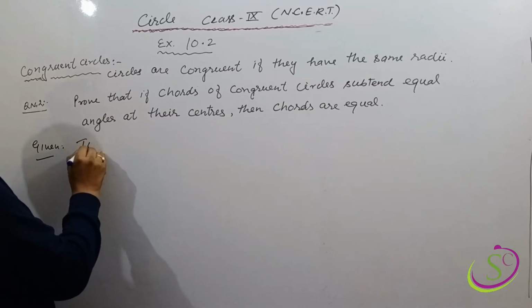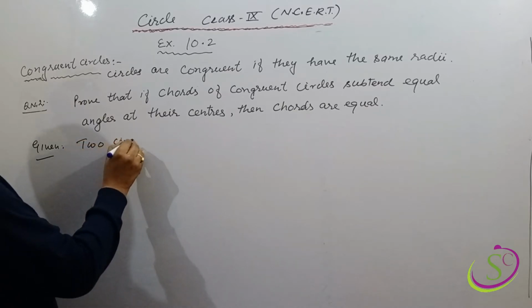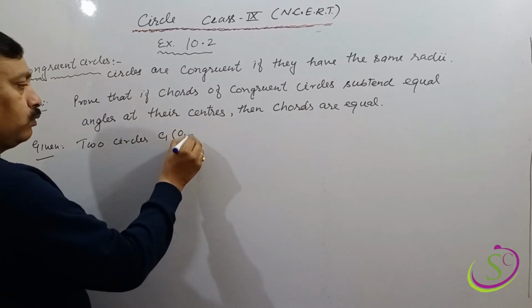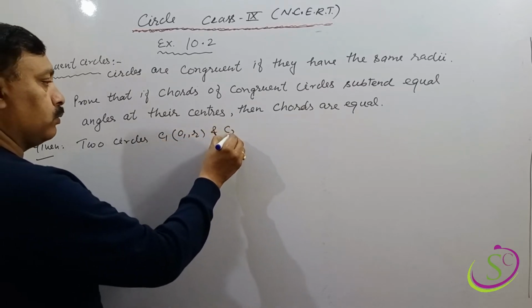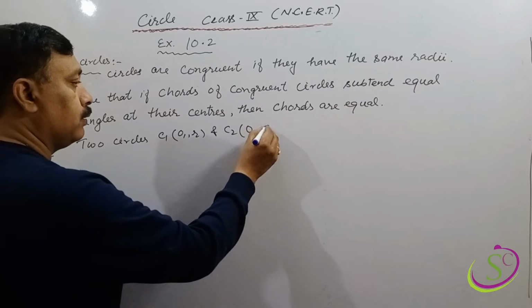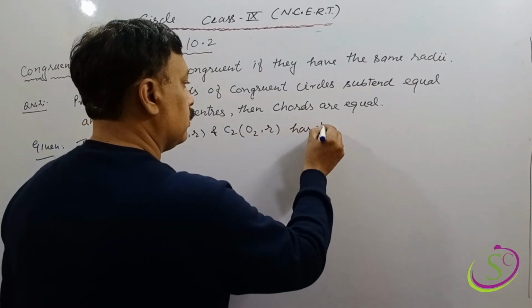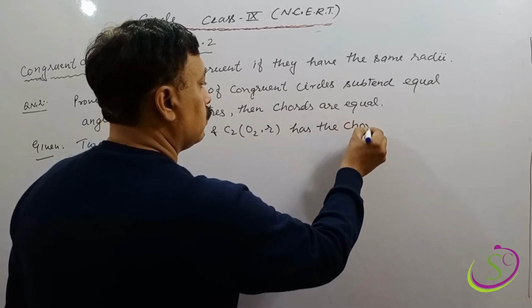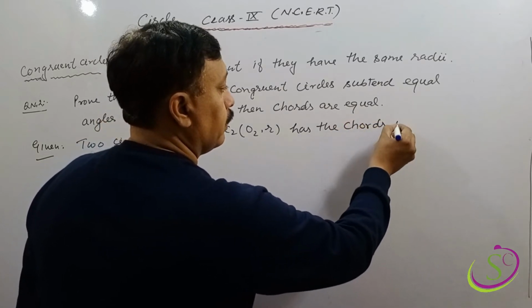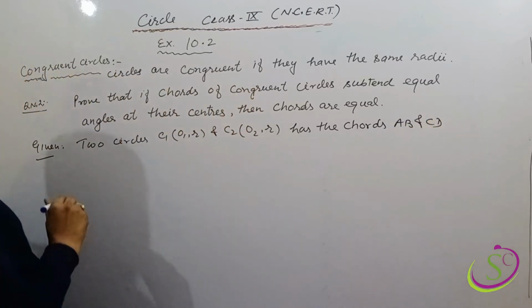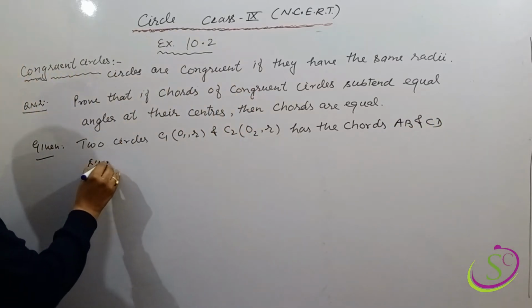So two circles, one is C1 (O1, R) and the other is C2 (O2, R), which have the chords AB and CD. Clear? Such that